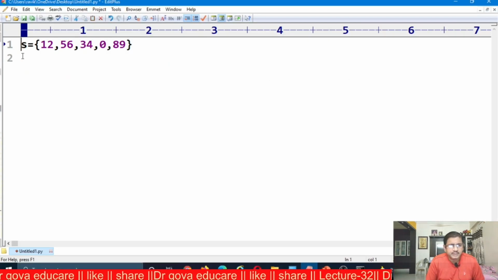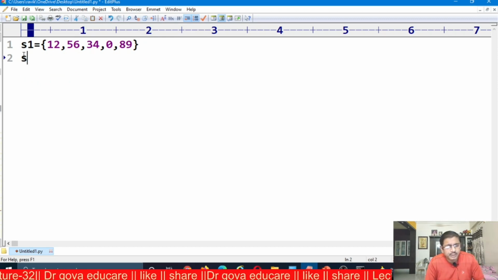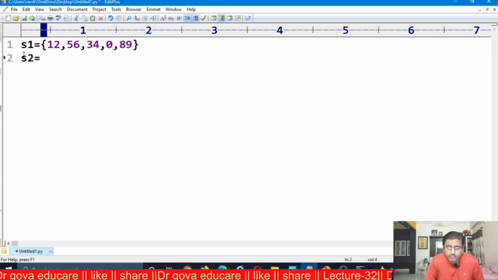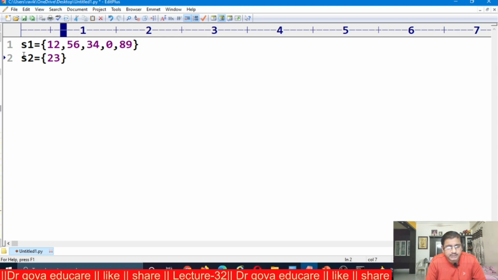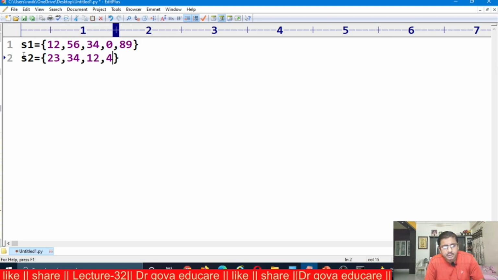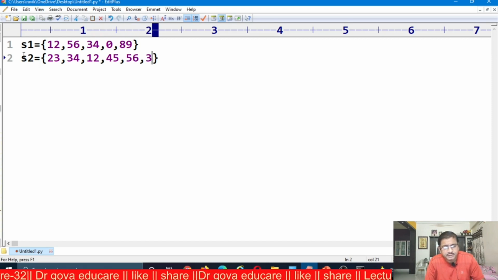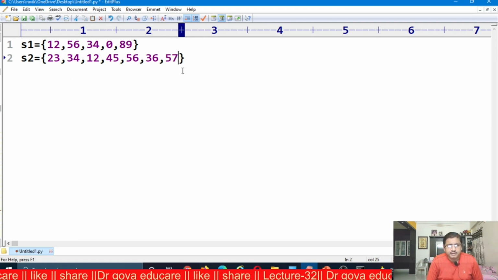Now, this is set 1, S1, S2 is equal to the elements 23, 34, 12, 45, 56, 36, 57. I want to find the union of the two sets.